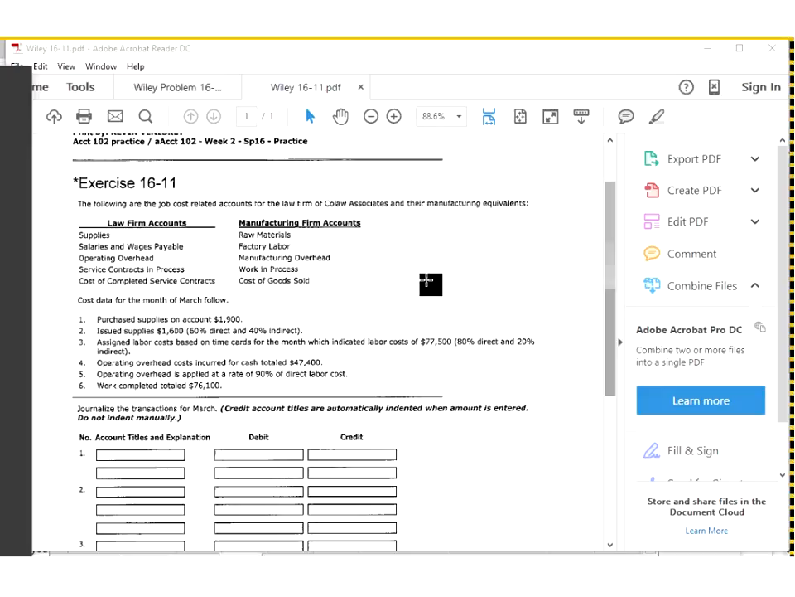With this one, so far we have been talking about a factory type setting using factory type accounts like raw materials, factory labor, work in progress. Now what we're going to do in this problem is just show that you don't have to be in a factory to use this. And you can even switch up some of your account names as long as they mean the same type of thing. So in this case, we're looking at a law office, which of course is not a factory,